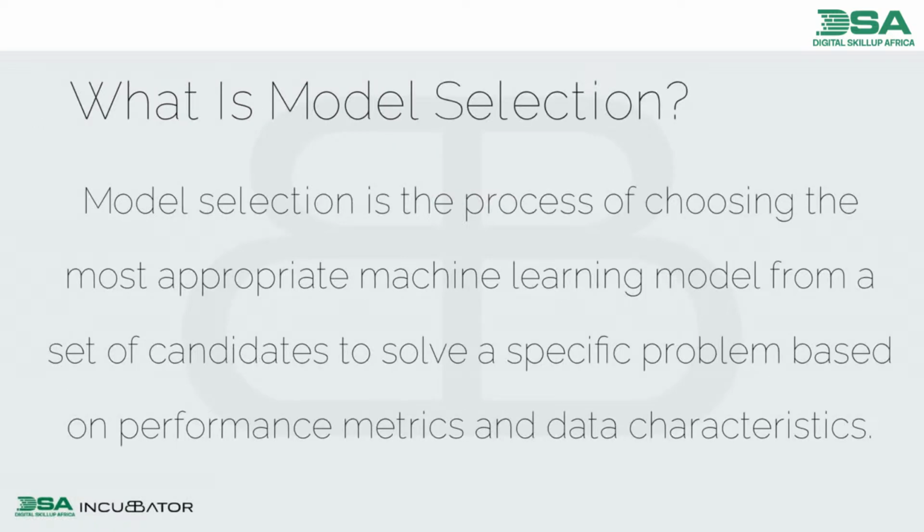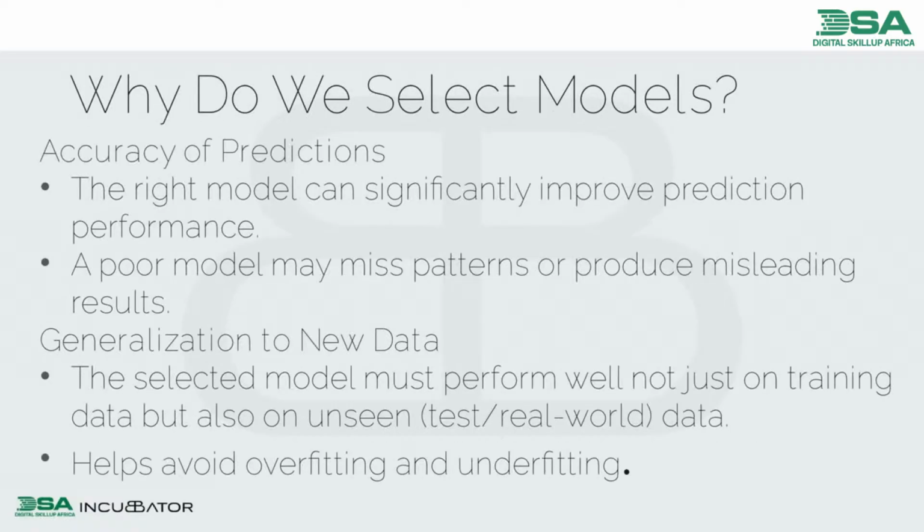So let's go on. Then I talk about model selection. I said it is the process of choosing the appropriate machine learning model that you will use in solving whatever problem. Is it a health problem? Is it finance? Is it agriculture? Is it poultry? Is it weather? But you must be able to pick the appropriate model for your real world situation.